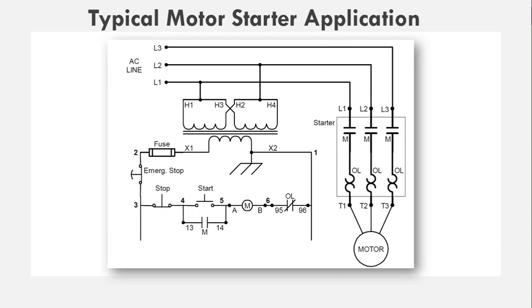So the motor will continue to run until the power fails, or the emergency switch button is pressed, or the stop switch is pressed, and the last event is the overload contact OL opening. When any one of these four events occurs, the motor starter coil M de-energizes, the three-phase line to the motor is interrupted, and the auxiliary contact M opens.